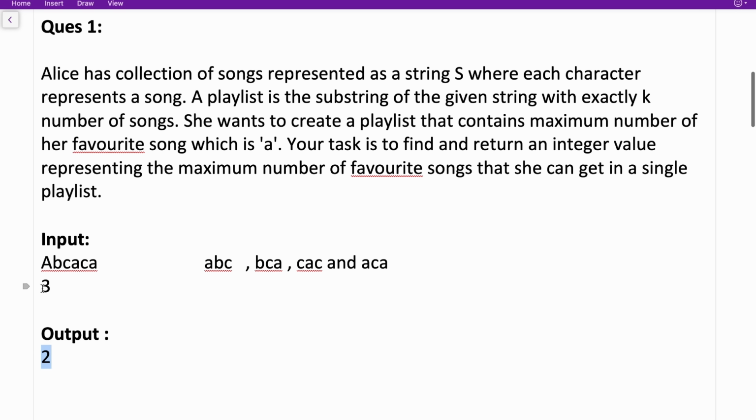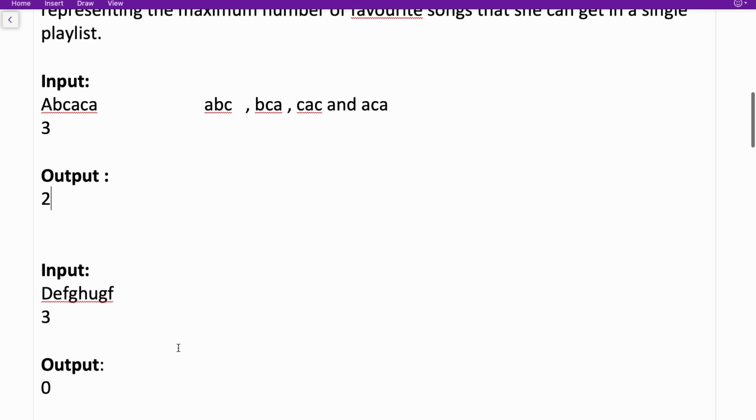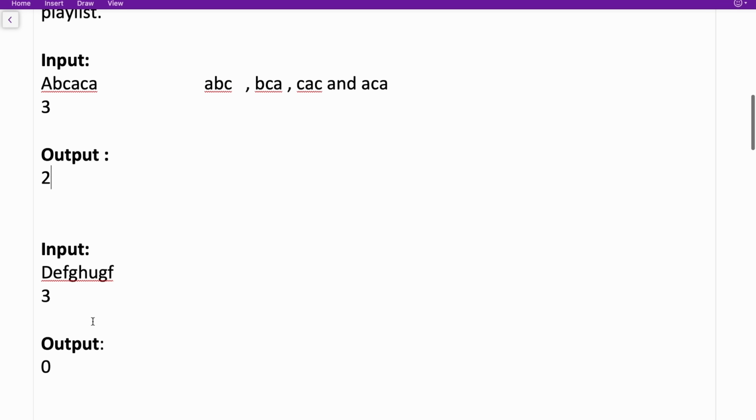So in a window of size 3, what is the maximum possible number of A's we can gather? That is the answer. Okay, I hope it is clear to you. Let's see it with the help of another input. So another input is